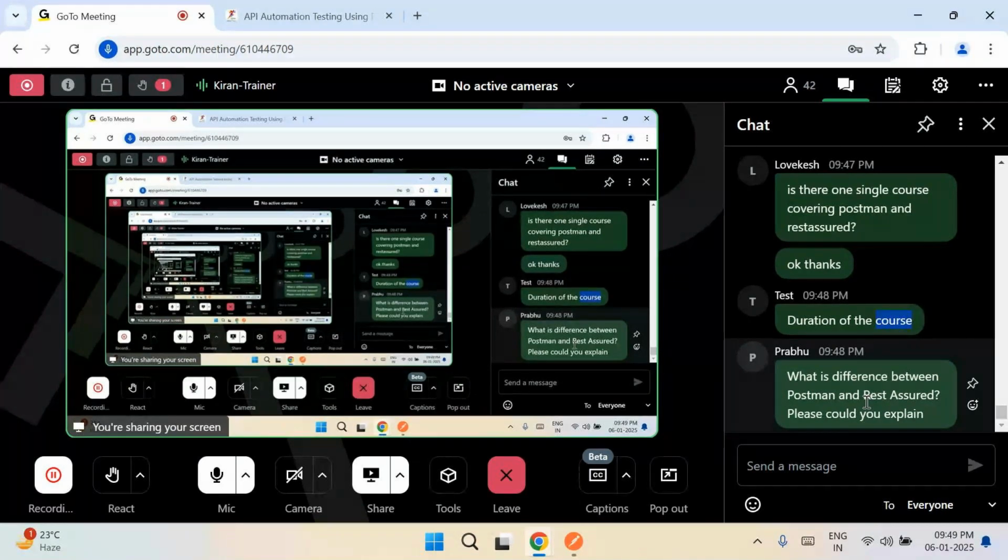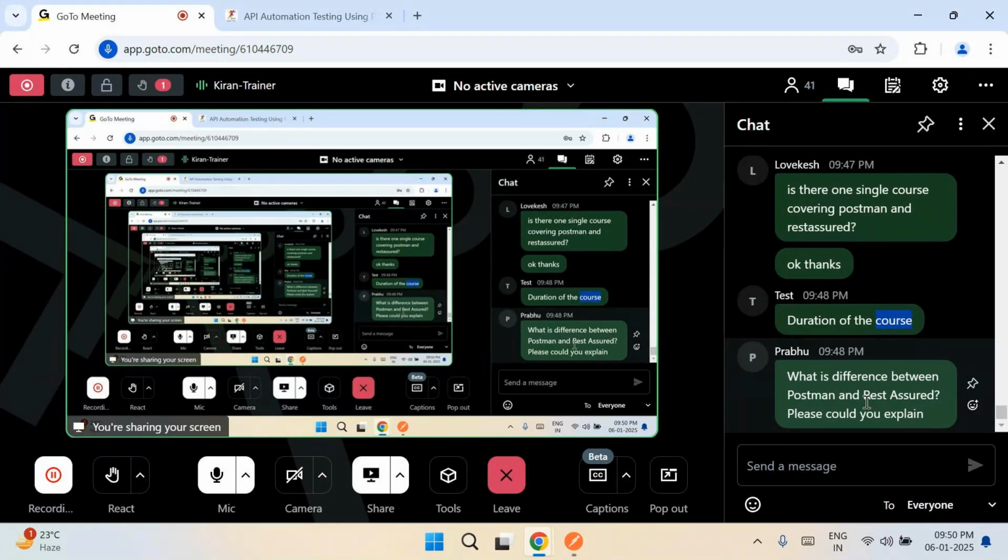In REST Assured, you have to be a programmer to automate APIs, where you will write the automation code in Java, in Eclipse editor or IntelliJ editor. So if you say I don't know programming, then go for Postman tool based API automation. If you say I'm good in Java, I can write a program, then you go for REST Assured API automation. That's the similarity and the difference between Postman and REST Assured.